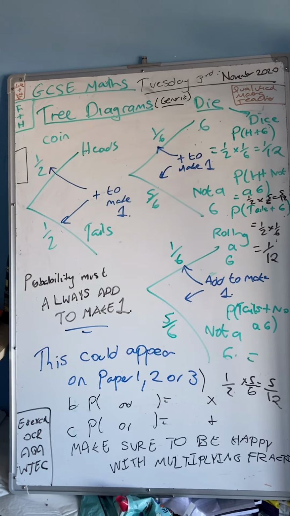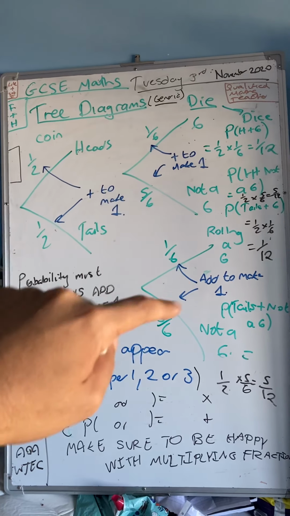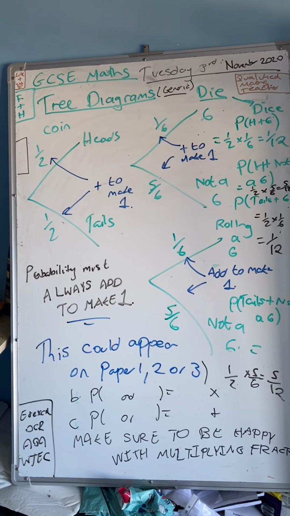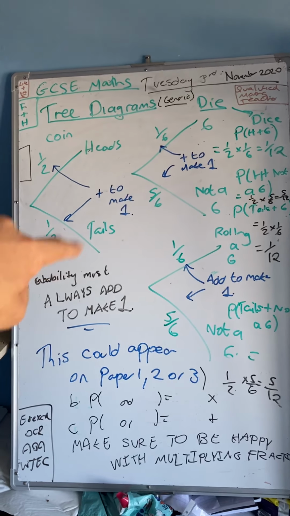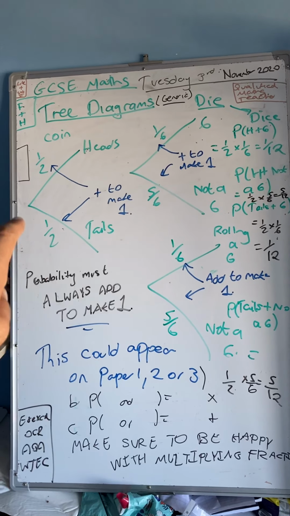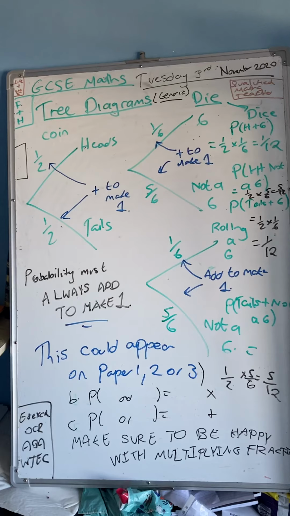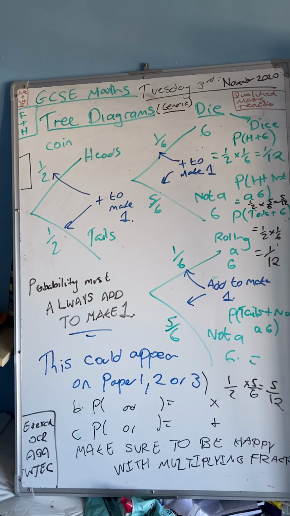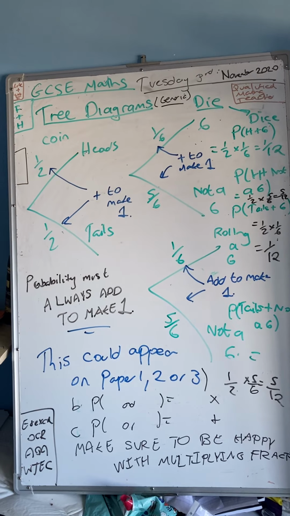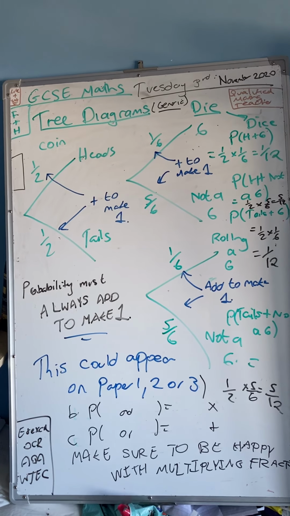They might put that in the exam, and then part B might say to you, work out the probability of getting a heads and a 6. You would do a half times 1/6. If it asks for tails and a 6, it'd be a half times 1/6, and obviously vice versa. Obviously the way it's worded can make it a bit trickier,